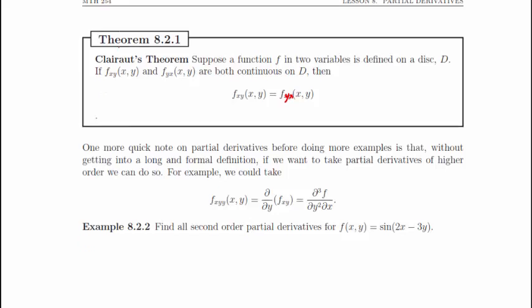One more quick note on partial derivatives before doing more examples is that without getting into a long and formal definition, if we want to take partial derivatives of higher order, we can do so. So if we want third, fourth, fifth derivatives, well, we can do so with respect to x or y, and we can kind of switch. We can do the partial with respect to x, and then y, and then x, and then x, and then y, and then x, whatever we want, right? So we could have the partial derivative of f with respect to x, then y of x comma y. This equals the partial derivative with respect to y of f sub xy, right? Because this is saying first,